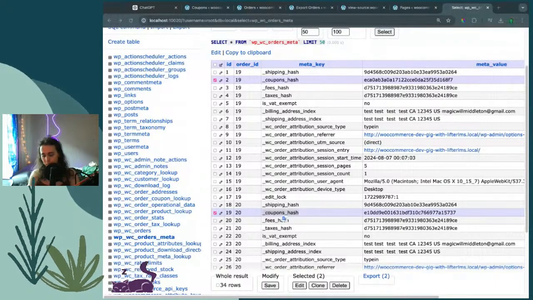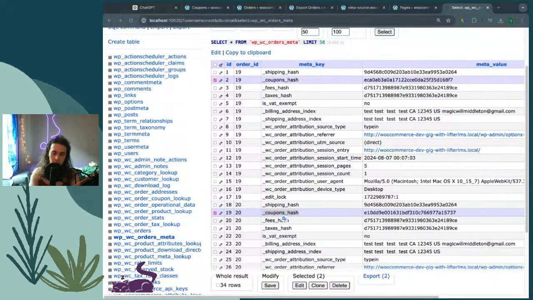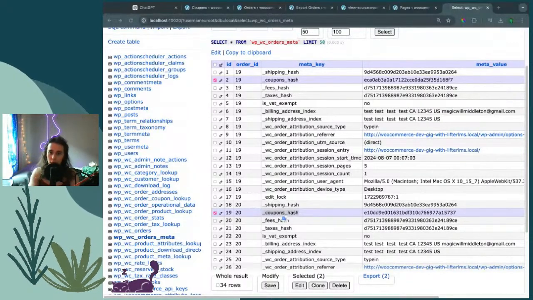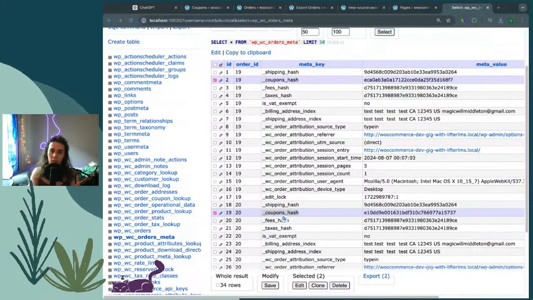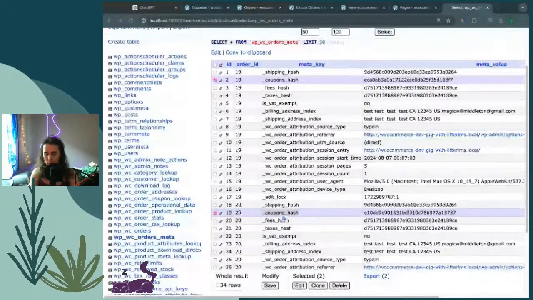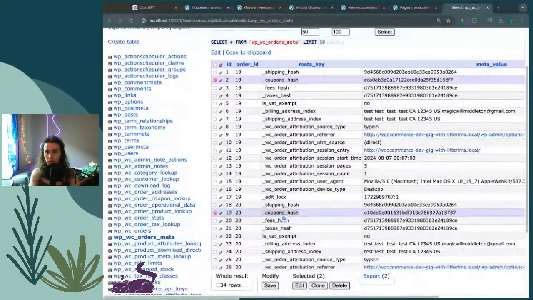So now we are in a position where the easiest solution would be to head to WP admin, orders, search the coupon name,